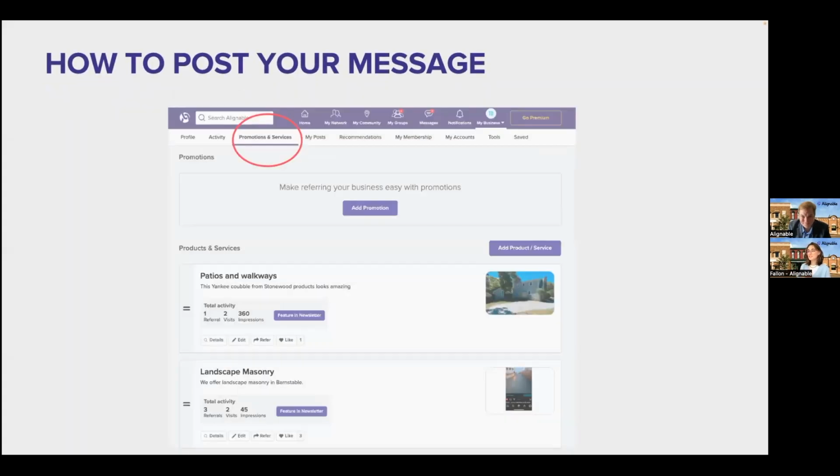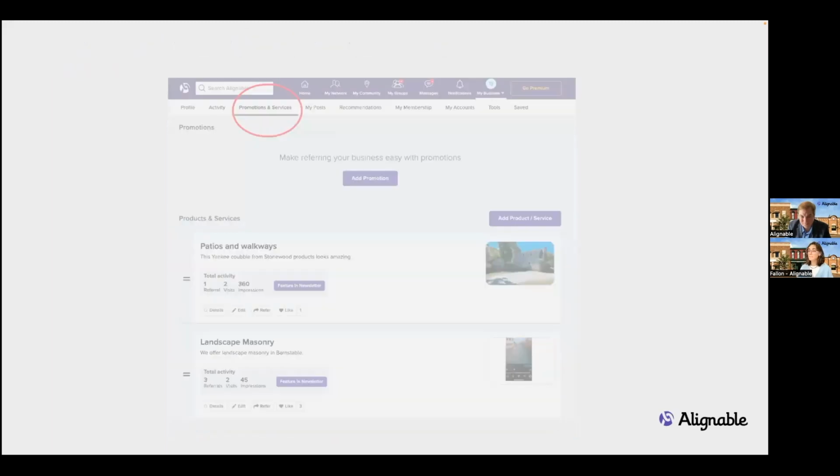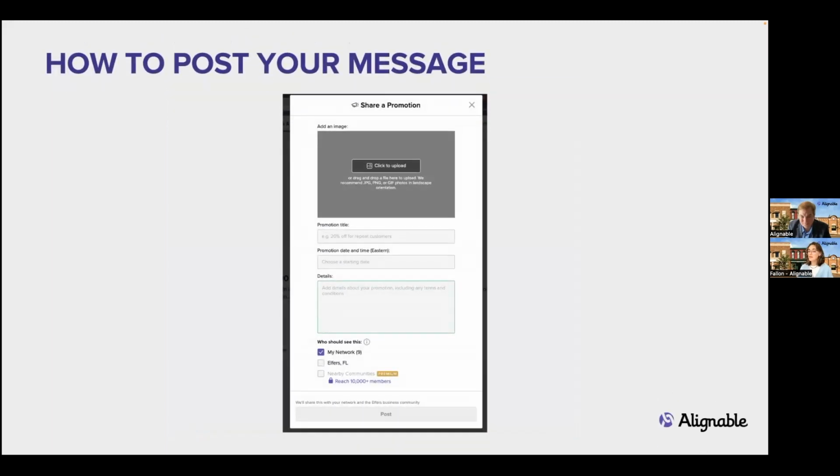So posting your message on Alignable, what you want to do is when you go to your business profile, you'll see a tab and it says promotions and services. This is the place right here that will show publicly on your Alignable profile what your promotions are, what your services are. This is a lot like crafting an ad. I think we get stuck in the idea that this is just filling out my profile. I'll just throw some information here. Well, what's nice about your promos and services is that when you share a promo or a service,